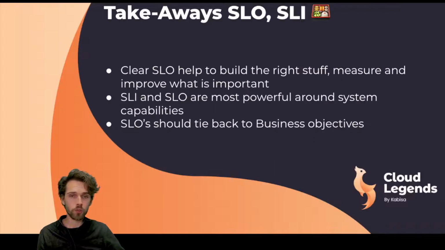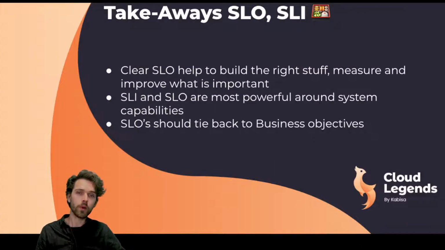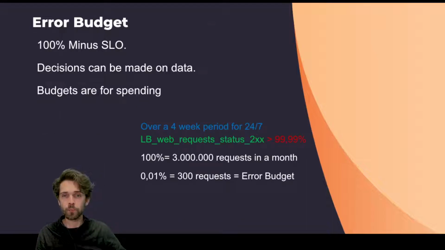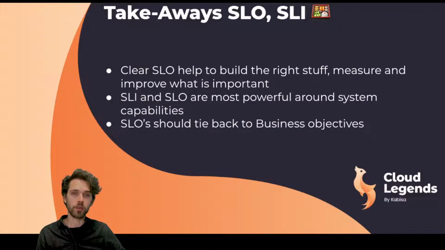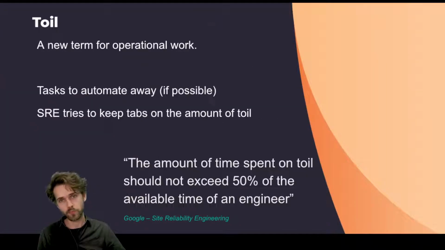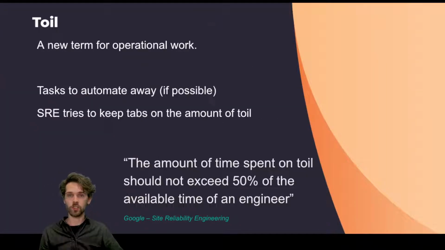So those were basically the data-driven parts of SRE. So with the error budget and the SLO, you get some tools to have conversations between your dev and ops teams, or between other parts of your business, and start measuring things and get the conversation going before the SLA hits. So toil, I've mentioned it before.